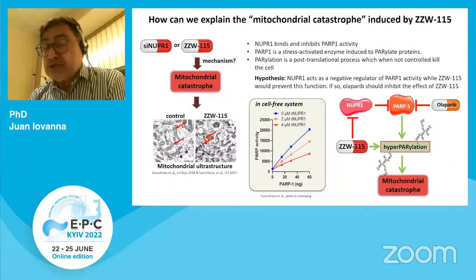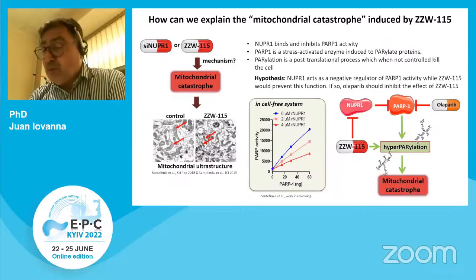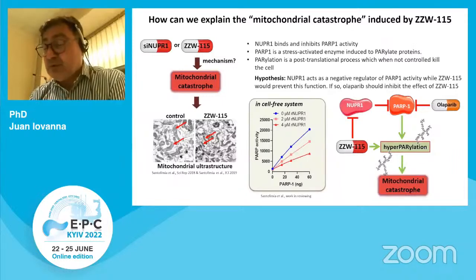How can we associate the mitochondrial catastrophe with the PARP1 interaction? PARP1 is an enzyme activated by several cellular stresses whose function is to parylate proteins. Parylation is a post-translational process which, when uncontrolled, kills the cell. Studies carried out in vitro in a cellular system demonstrated a dose-dependent effect of NUPER1 as an inhibitor of PARP1